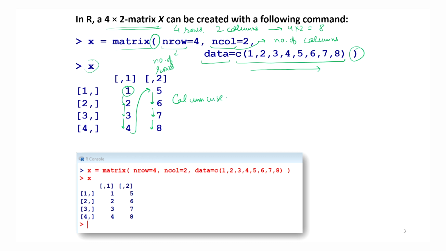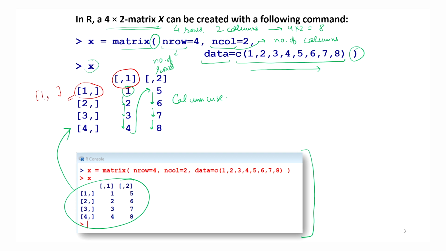The same operation when I do in the R software comes out like this, and you can verify that this is the same output. What you can observe here, I will explain later, what these indicate. For example, this here 1, this here 1. Observe how it is written: first you observe these brackets, then the number 1 and then a comma.